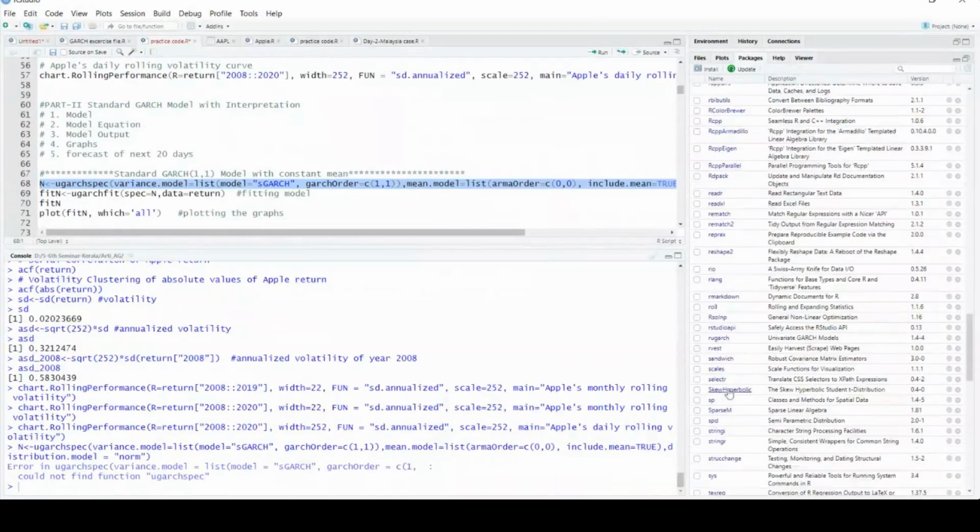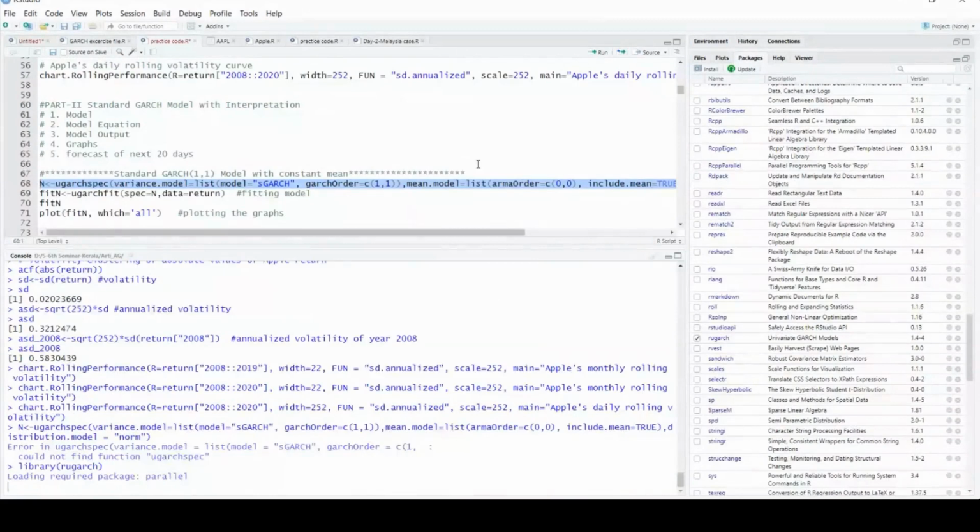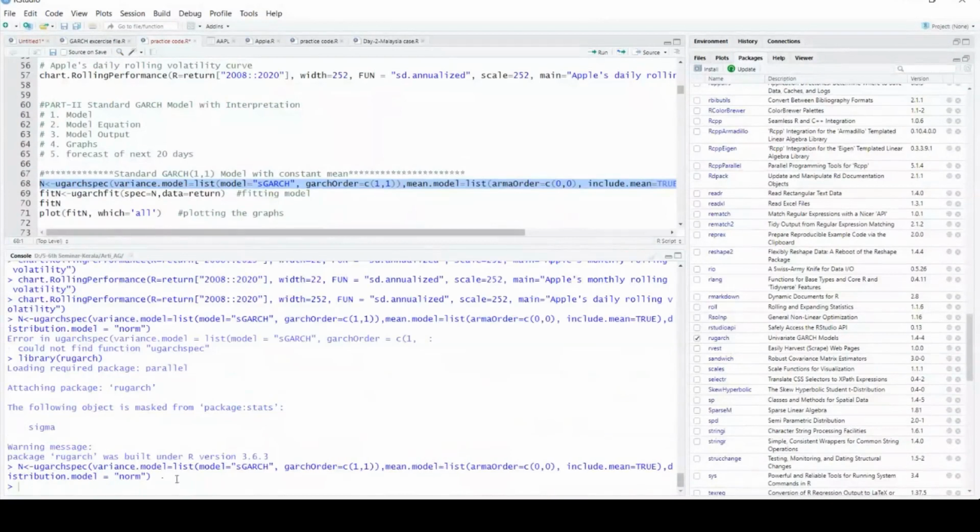Okay. So when I run this equation, you can see this equation has been run. Now we have to fit the GARCH model. For fitting the GARCH model, we have the ugarchfit specification. Under this, we give two terms. One is the data which you want to fit, and then my model specification. So I'm fitting the model. You can see I fitted the model.